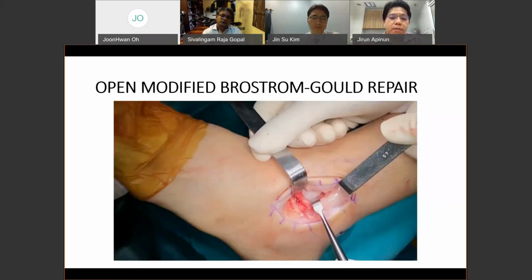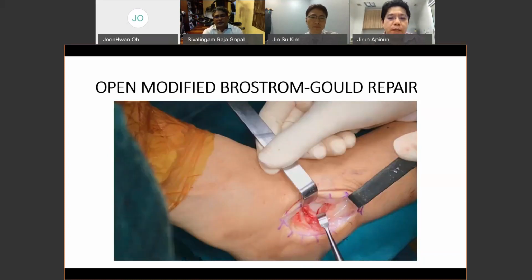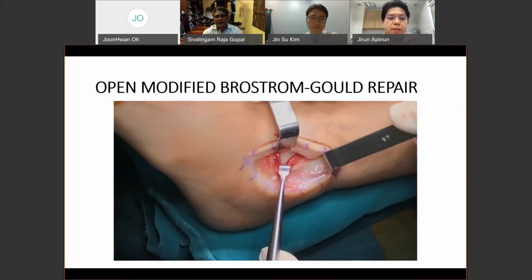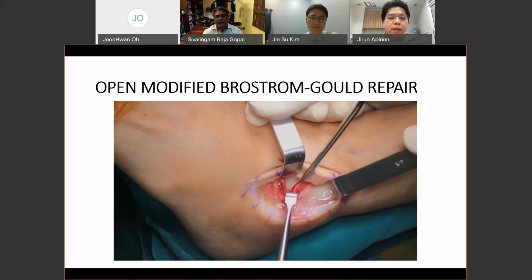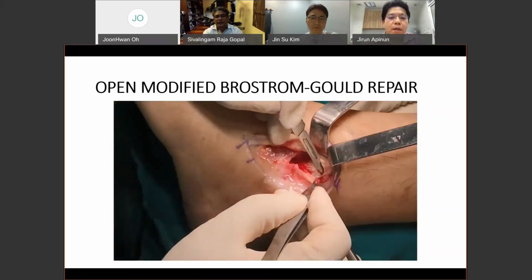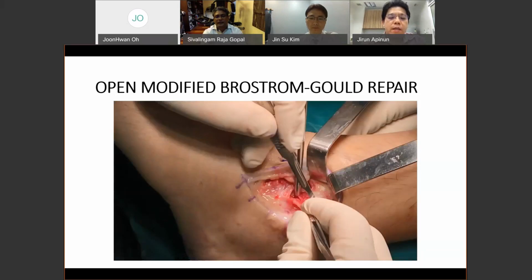Okay, for the other cases, I use the open method if we need a stronger construct, assessed from arthroscopy. Okay, could you please play the video, please? Okay, in this case, the ligament is absent. Okay. Then I dissect the periosteum